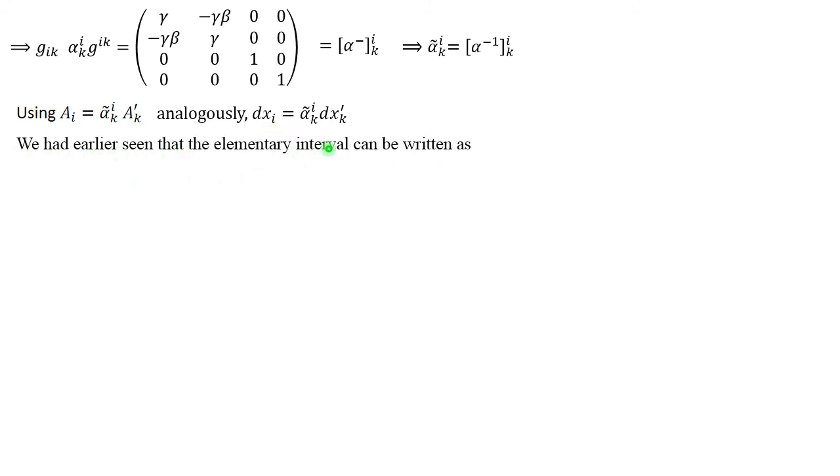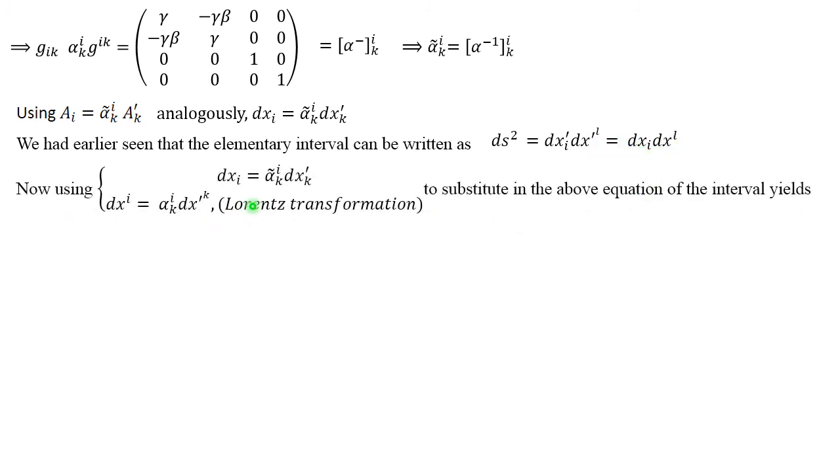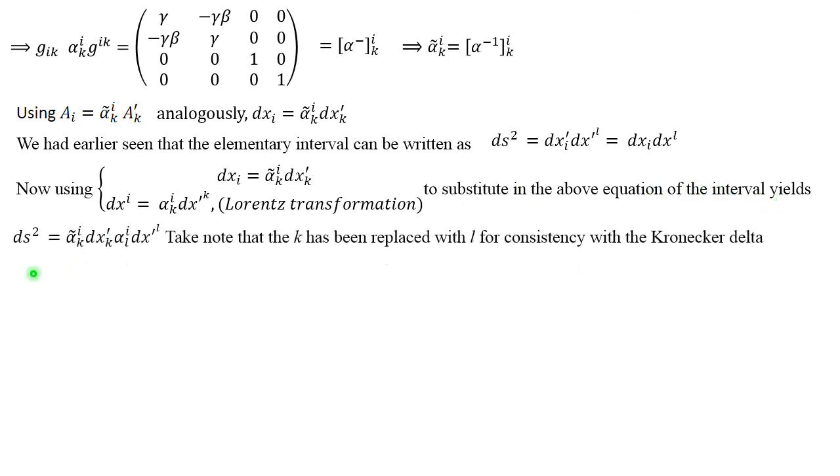We had earlier seen that the elementary interval can be written as ds squared equals dx'_i dx'_l. So in the place of k, I put l, equals dx_i dx_l. Now using dx_i equals alpha tilde_ik dx'_k and dx_i equals alpha_ik dx'_k, so these are the Lorentz transformations, to substitute in the above equation of the interval yields